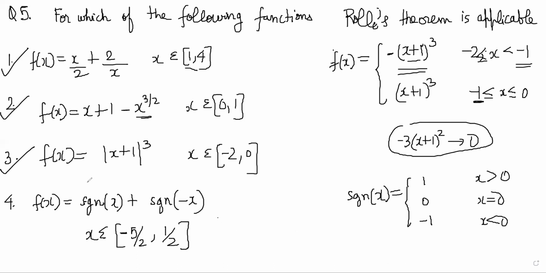If you take any x here, f of minus 5/2 will be -1 and 5/2 will be +1. So that will be 0, right? Every point actually is 0. If you think about it, x will have some sign. If it has one sign, it will be +1 or -1, and this one will be opposite. It's a zero constant function, so Rolle's theorem will be applicable here also, right?